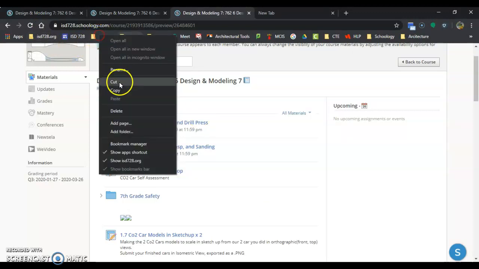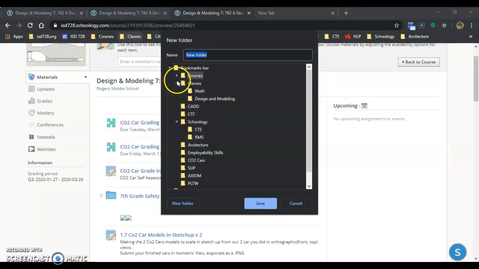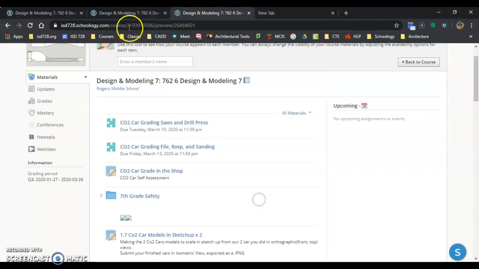Save. Right click, Add Folder, call it Social. And hit Save. So there it is, 4 classes. You could do it for all your classes there. Then inside of a folder,